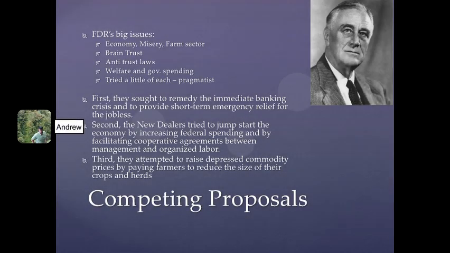All right, here, part one, competing proposals. So FDR comes to power right at the beginning of the Great Depression. FDR is going to expand the government to its largest at this point in history, and also expand the powers of the executive to the largest at this point in history. As it talks about, he assembles a brain trust; effectively he goes and gets the best and brightest to come help him find ways to end the problems of the Depression.